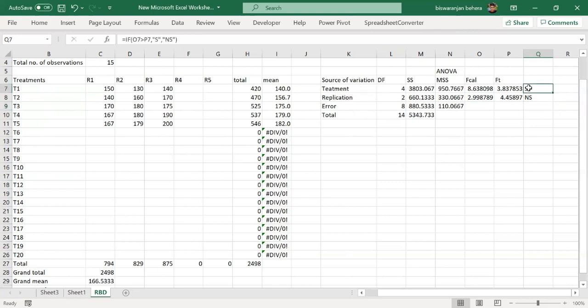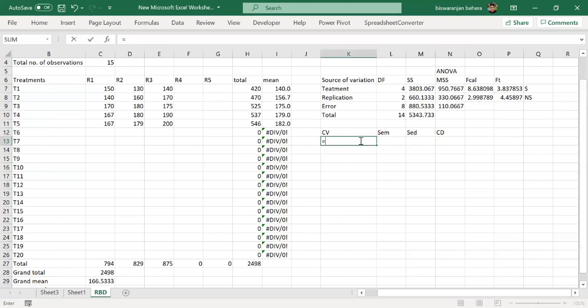After making the ANOVA table, there are a few more things that we should make. Those are CV, CD, SEM, SED. So for that, now we'll make those. The next step is calculation of CV, that is coefficient of variation, then SEM, that is standard error of mean, then SED, that is standard error of deviation, then CD value, that is critical difference.